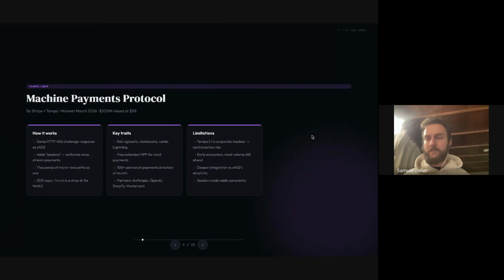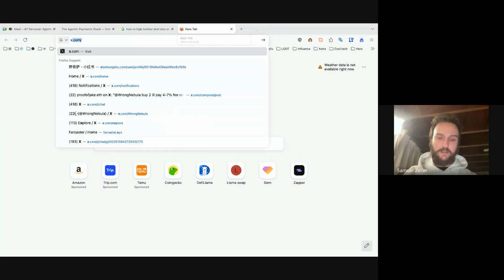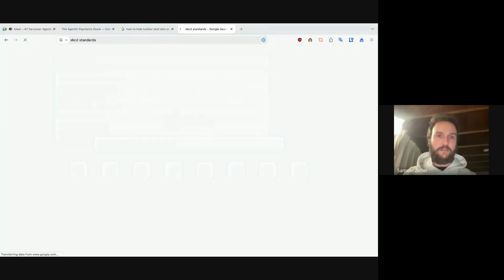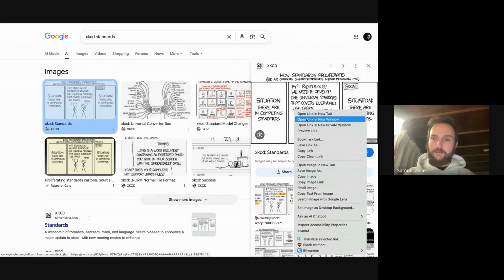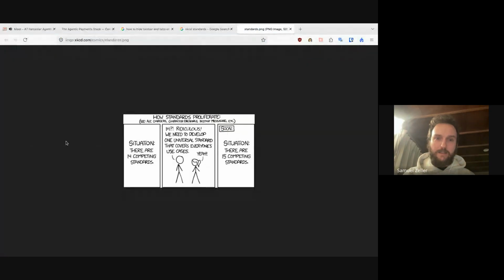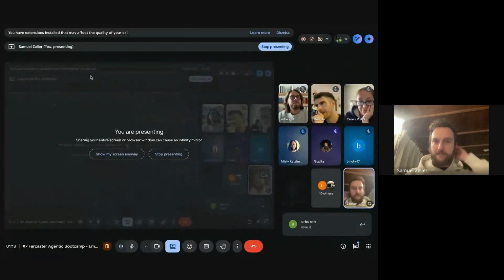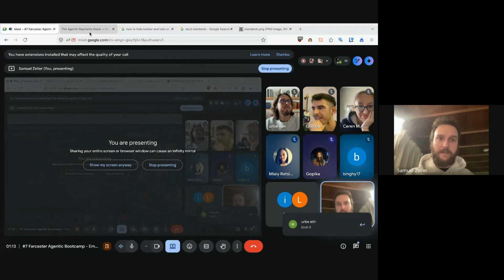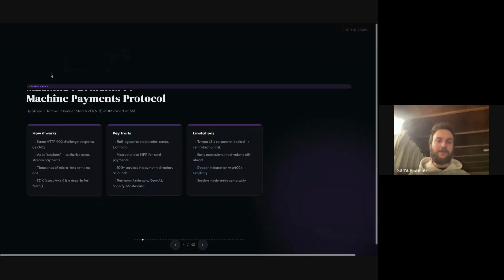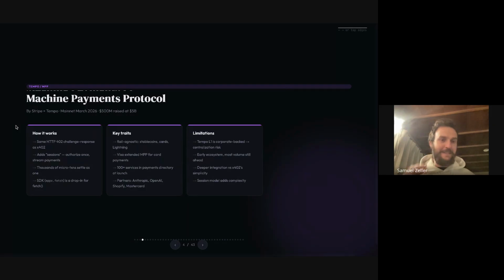I don't know if you're familiar with XKCD, the comics. There's one famous XKCD, which is the standards. I'm just going to pull it here for you, because it's kind of what's happening right now. Yeah, it's this one. You have 14 competing standards, and someone says, oh, 14 standards, we need to develop one universal standard that covers everyone's use cases. And then after that, you get 15 standards. So that's what happened with MPP, basically. They were like, X402 is cool, but we can make something cooler. And so they made the